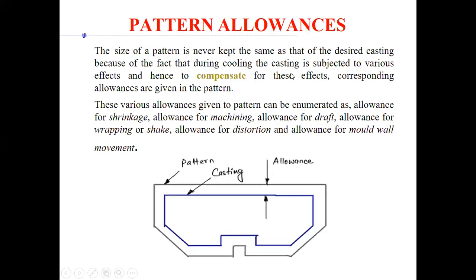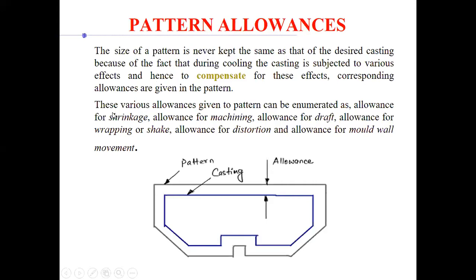Basically, this solidification is what is responsible, right? From liquid to solid, you have a transformation from the molten metal to the solidified casting. This is a journey, a transformation of the phase. So a lot of things happen during that. Basically shrinkage and all the other things that we'll discuss. To compensate for those effects, you are keeping the allowances. As simple as that, right? Now, what are those allowances?